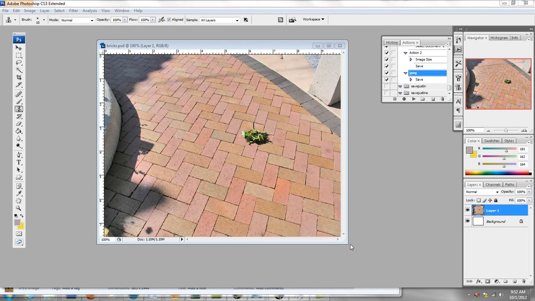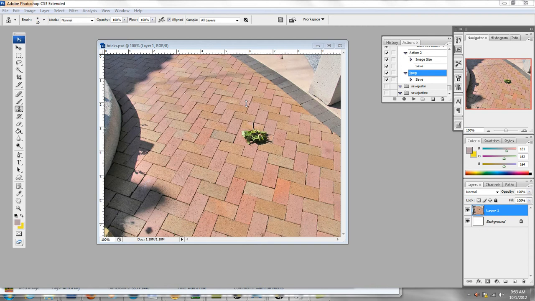In this video, I'm going to talk about how to use the clone tool, but to clone in perspective. This is particularly useful if you're cloning something that has a pattern and is shot in any way that shows perspective, meaning my bricks here in the front are larger than the bricks here in the back. And if you're going to do an Alexander Apostle type of image where you're working on buildings, this can be